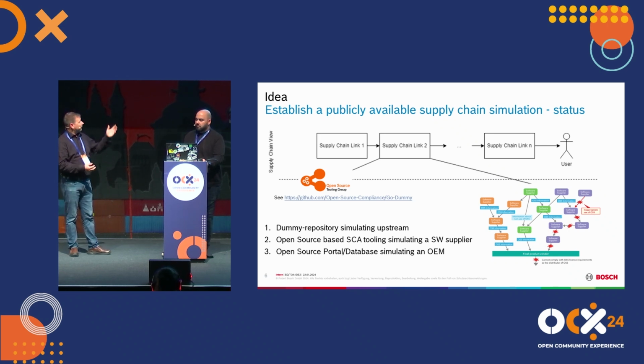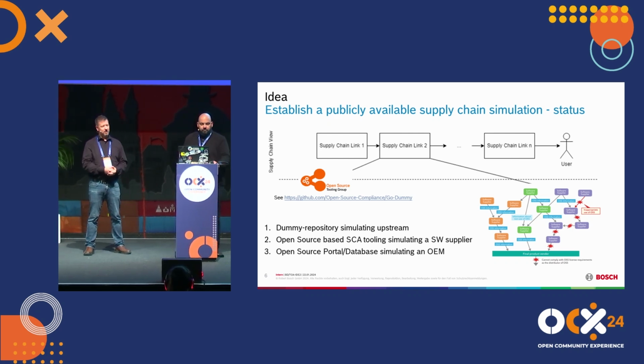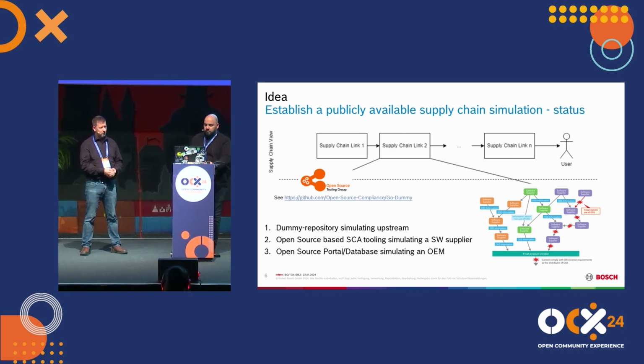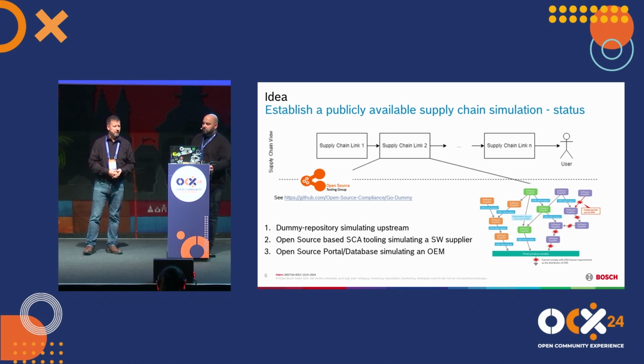And here is this picture at the lower right side. This is from the OpenChain supplier guide. It's very small, but you can check it in the OpenChain documentation, where there is this example. If something goes wrong, then obviously it will also end up at the user with some irregularities. And